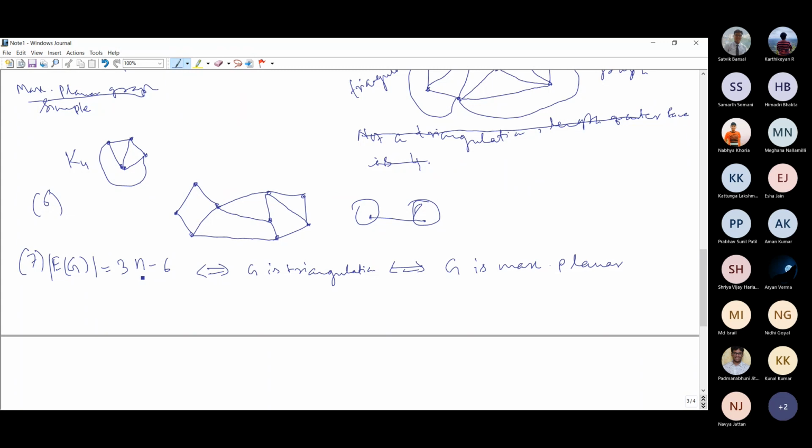Ma'am, I have one way. Take a base case, like three points, and they are connected. And then take another point. Now it will have two new edges. Wait, no. Yeah, it'll have three more edges. Like you take a triangle first. Okay.